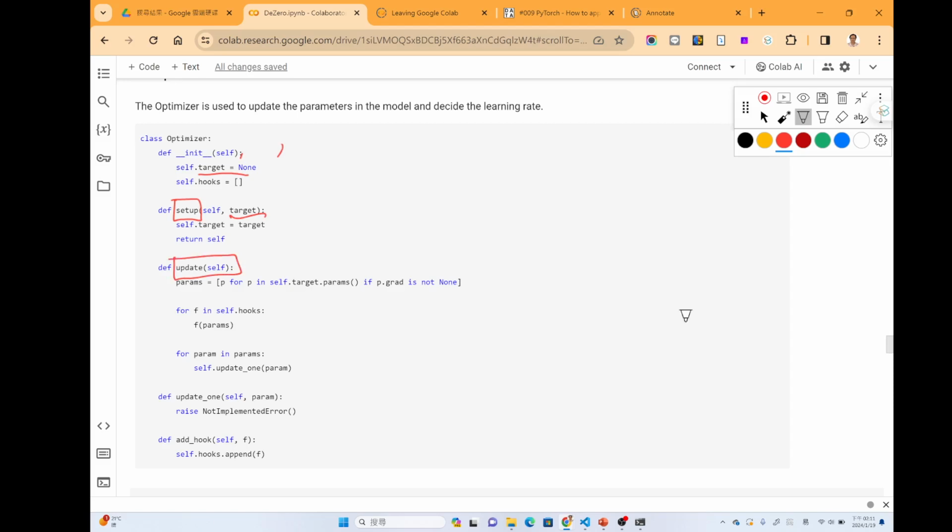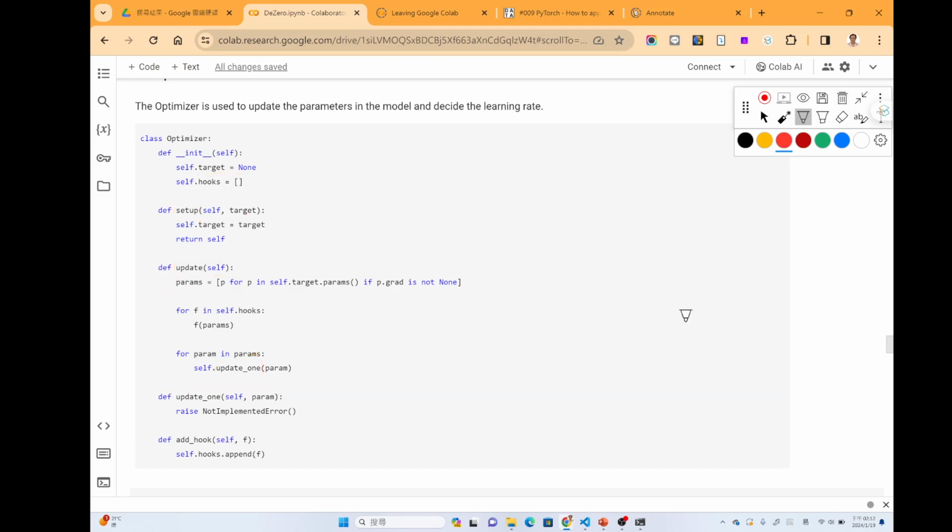In this update function, we collect all the parameters by using this code, and then we call update one by one here. For a different optimization algorithm, we only need to define a different update one function.